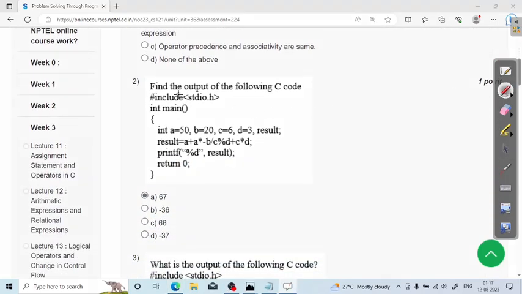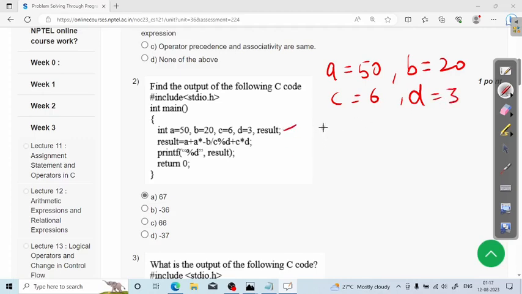The second question says, find out the output of the following code. In this we have some variables defined and we have an expression, and that expression is giving the value in the result variable and that is getting printed. So let's understand what this expression will generate, and based on that the value of result will be generated. First of all, the variable A has the value 50, whereas B has the value 20, C has the value 6, D has the value 3, as mentioned